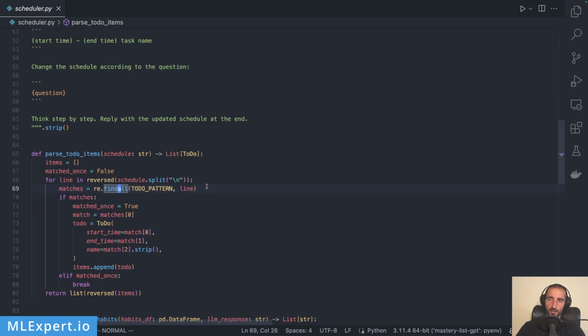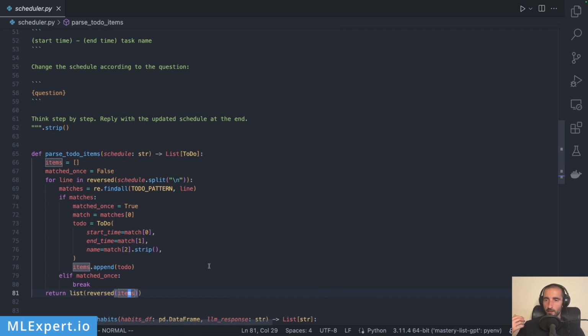And I'm finding all of the matches within the line. And since I'm starting from the end, if we have a match, I'm recording that we have a match, and then I'm creating this to-do item for this match. And if I don't have a match, and I've already matched, since this means that the schedule is now done, I'm breaking from the cycle,